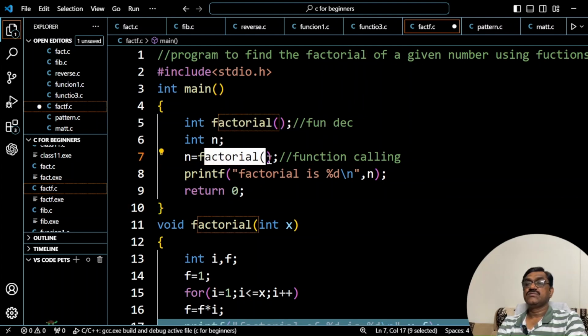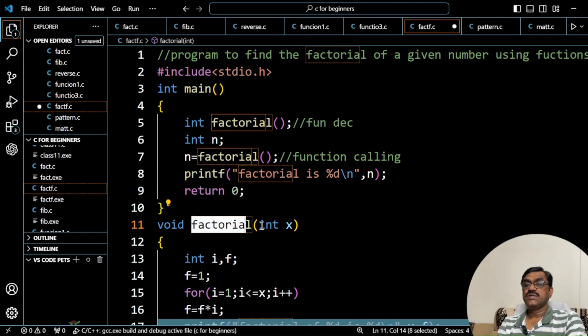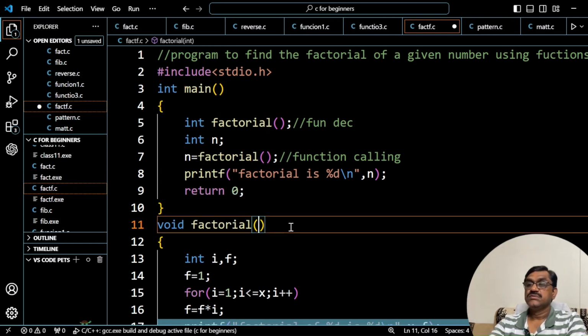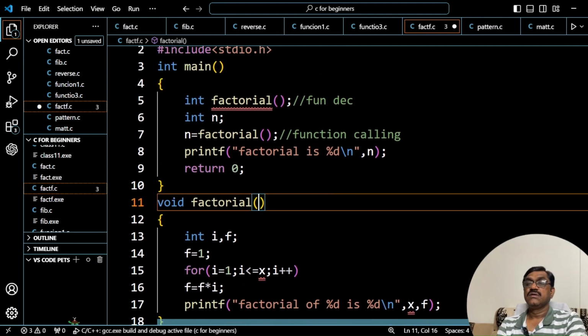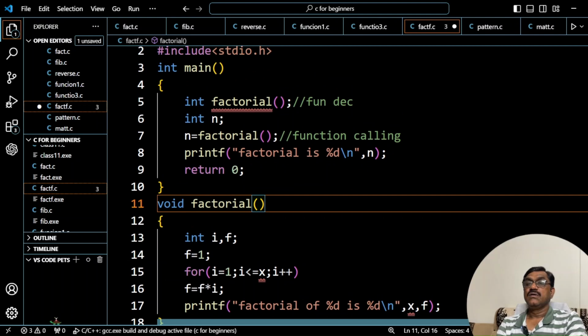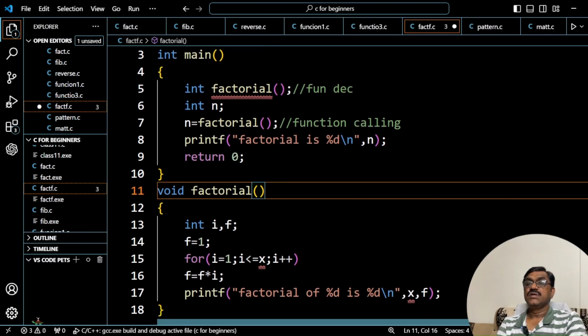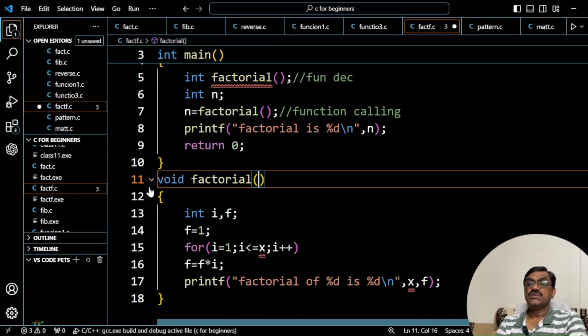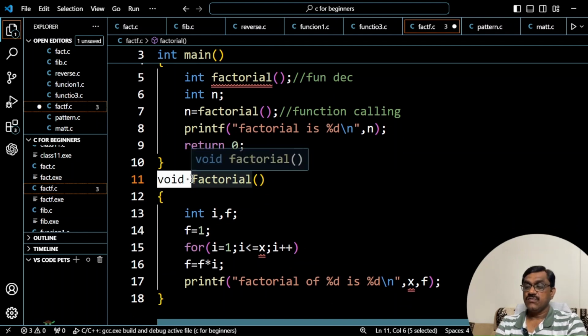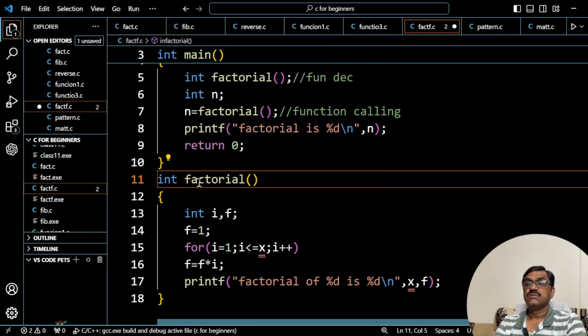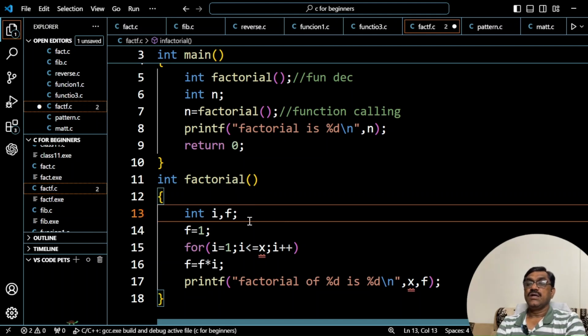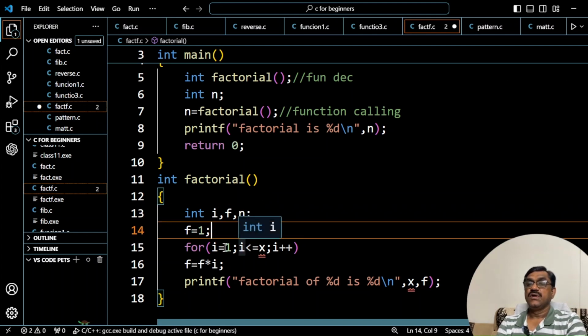First the RHS is executed. The control is passed to factorial. Now we are not passing anything from the main. Remove this. Right now, what is the logic here? The logic here is that factorial has to return an integer value. Instead of writing void, you write int, right? Okay. I comma f, which has to take the n value to print the factorial itself, and you say f equals